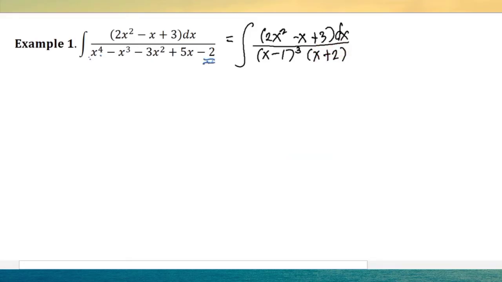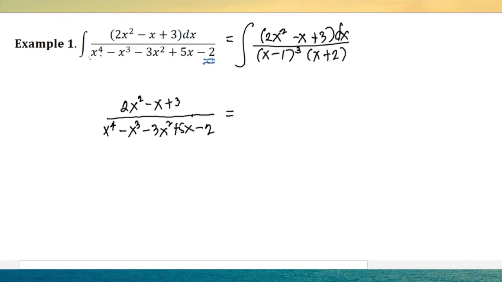So if we break this down in terms of partial fractions, then we could say that this is 2x squared minus x plus 3. So what we do here is remove the integral sign first. And we have here over x to the 4th minus x cubed minus 3x squared plus 5x minus 2. Then, this is equal to,